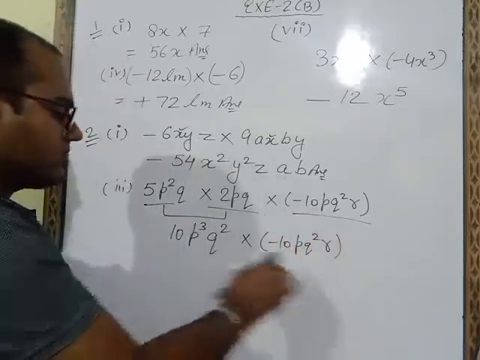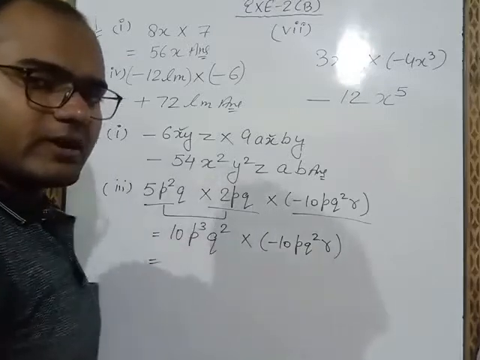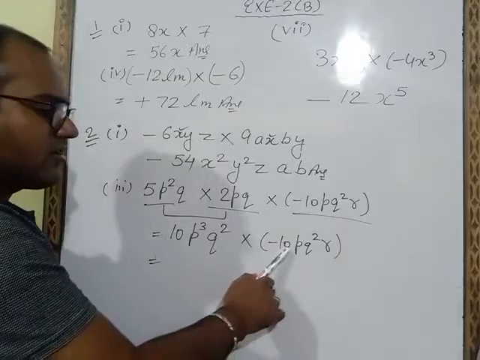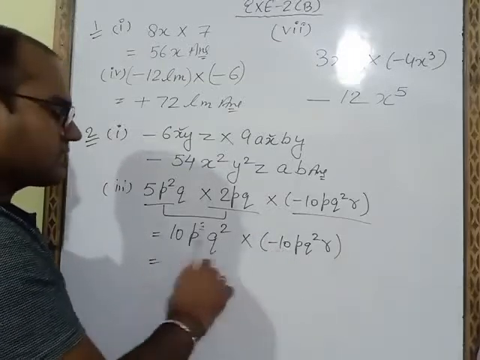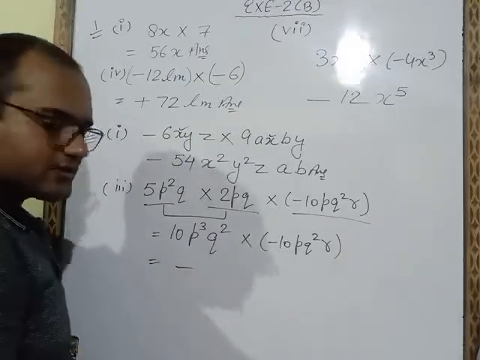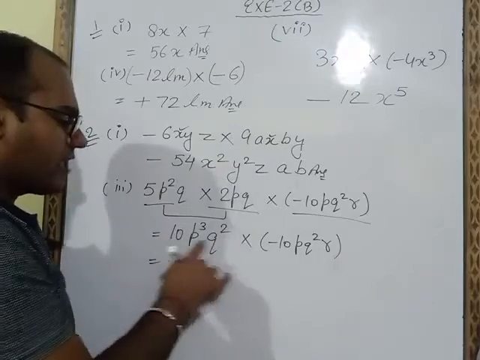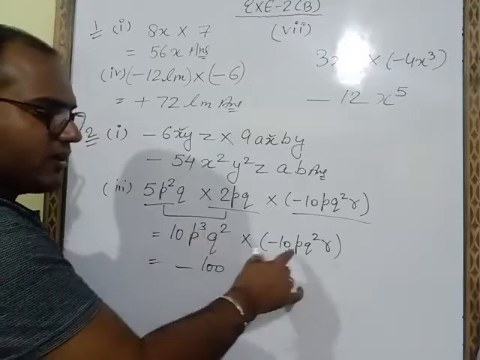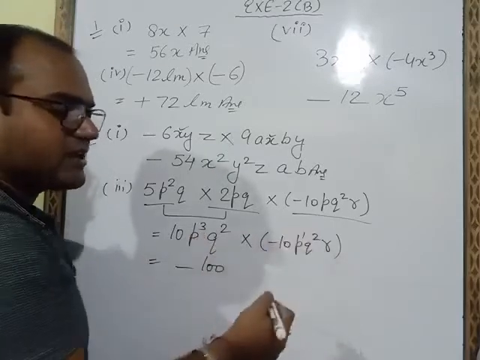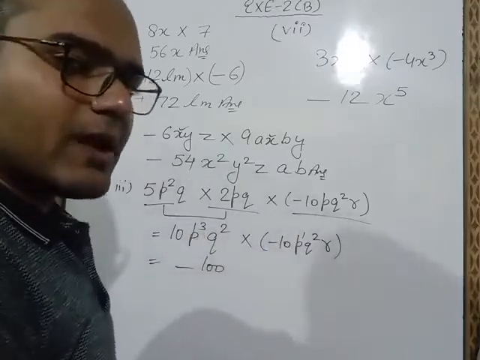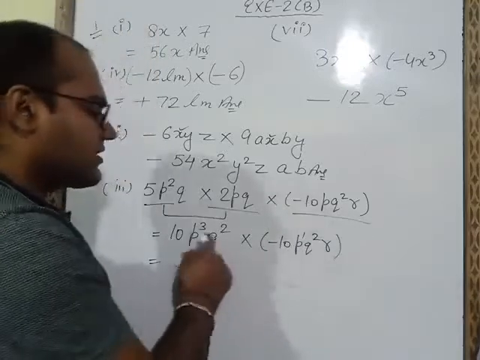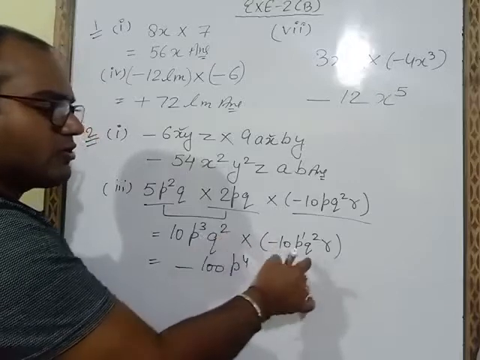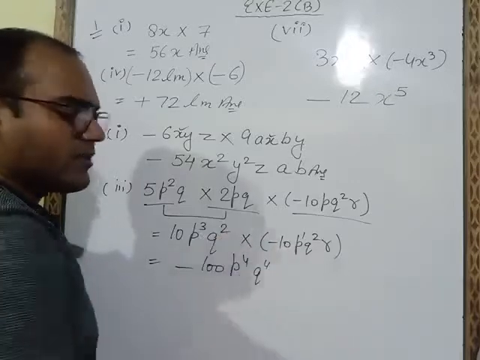Now these two numbers we have to multiply. So we will multiply sign first. On the left hand of 10 plus sign. On the left hand of 10 minus sign. Plus multiply minus, minus. Now numbers we have to multiply. 10 multiply 10, 100. P power 3 into P power 1. Nothing is there, that means we have to take 1. So on multiply power will get added. P power 3 multiply P power 1 will become P power 4. Q power 2 into Q power 2, Q power 4.